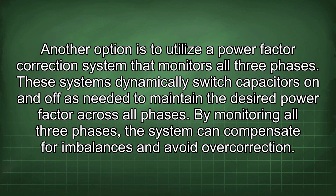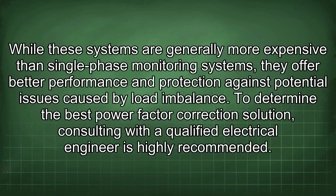Another option is to utilize a power factor correction system that monitors all three phases. These systems dynamically switch capacitors on and off as needed to maintain the desired power factor across all phases. By monitoring all three phases, the system can compensate for imbalances and avoid overcorrection. While these systems are generally more expensive than single-phase monitoring systems, they offer better performance and protection against potential issues